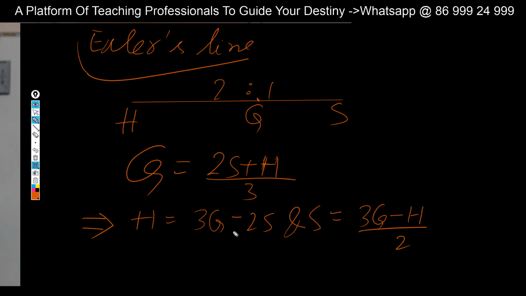That is, centroid given, orthocenter given, then you can find out the circumcenter using this formula: S is equal to (3G minus H)/2. Similarly, the other cases also. This is also important to be noted. Now, let us see some problems today on this one, and after this,